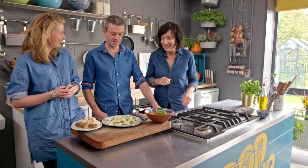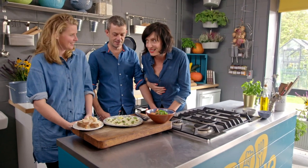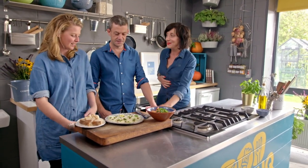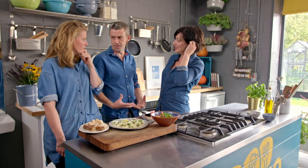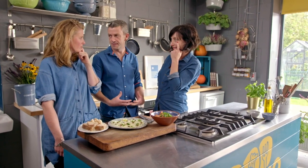Oh my God, that looks amazing. Is that actually courgettes? Really? Yeah, we've made a courgette carpaccio with parmesan and crispy caperberries. This is really not what we expected, is it? No, not remotely. When I'm coming into the house at home with courgettes, it's like I'm carrying 15 of them. I'm thinking chutneys, I'm thinking...